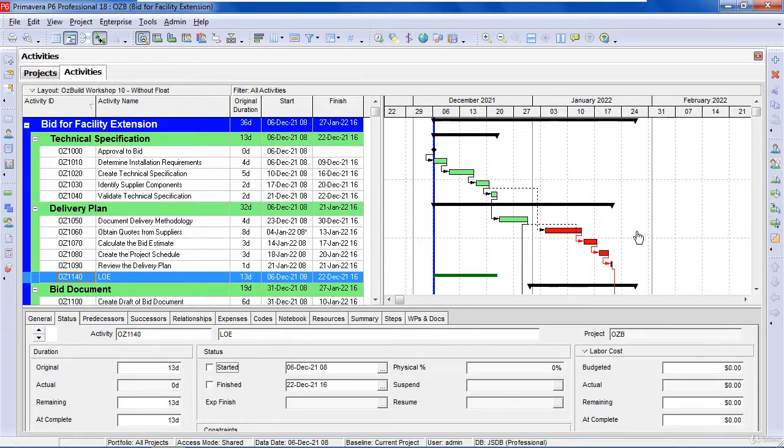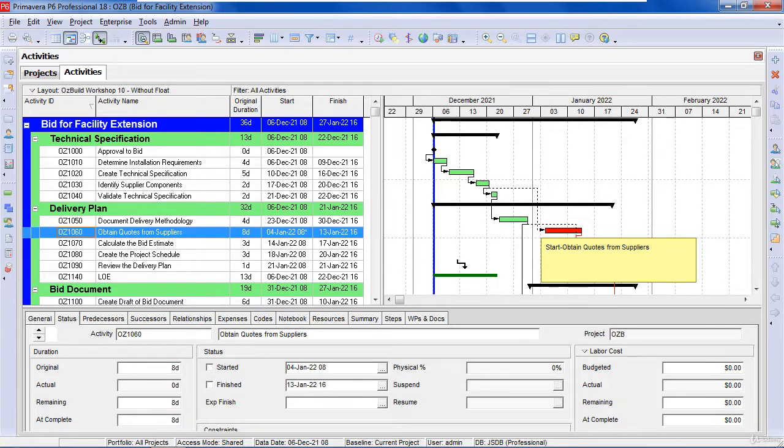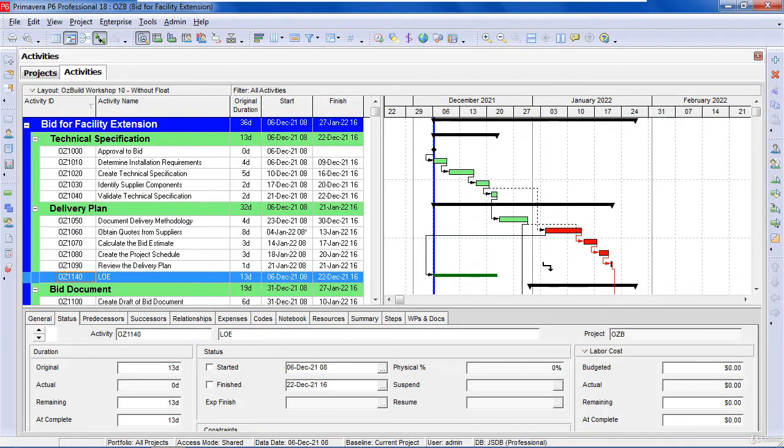So we want to add some relationships to show you how a level of effort activity calculates. So I'm going to drag a relationship from 1060, the start of 1060, to the start of the LOE activity, and from the end of the LOE activity until to the start of activity 1070. Sometimes it's a bit tricky to do that,